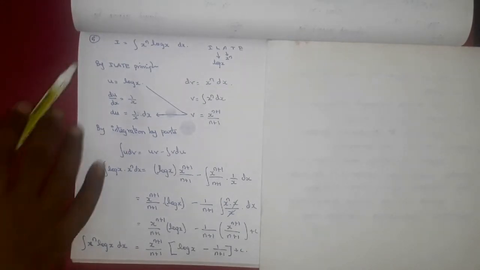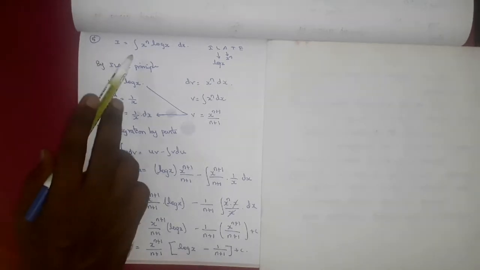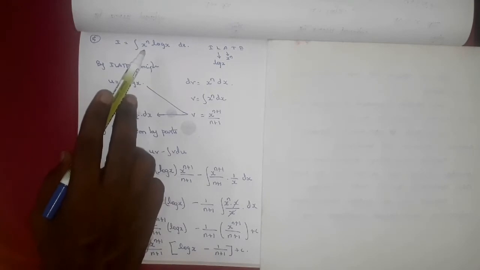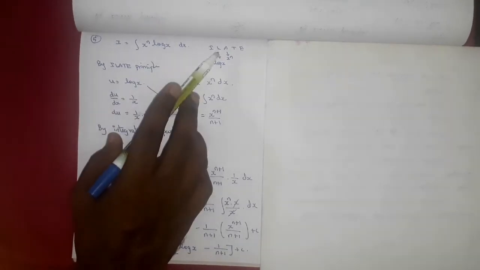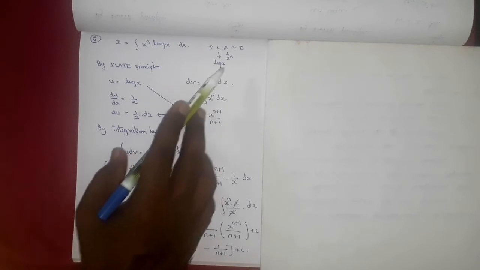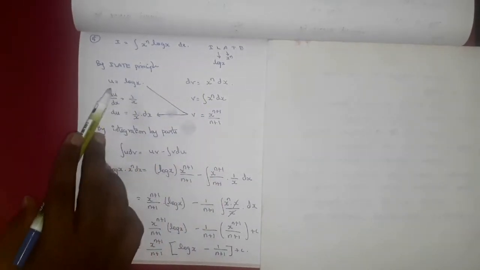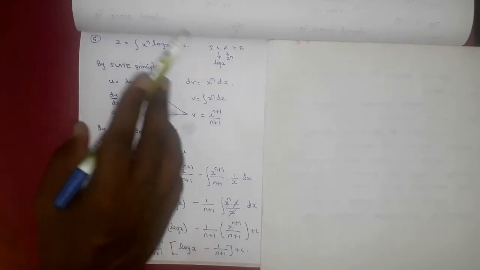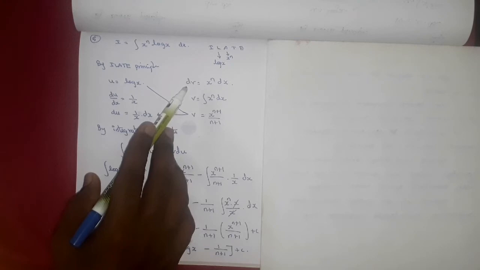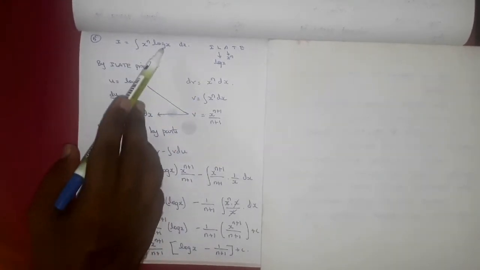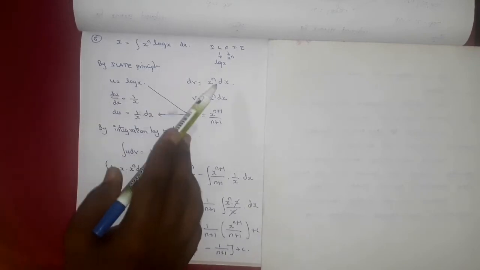Now we are going to see sum number 5 in the exercise. I equal to integral x power n log x dx. Here x power n is an algebraic function, so below A I write x power n. Log x is a logarithmic function, so below L I write log x. Out of these two, which comes first? Log x. So by the ILATE principle, u equal to log x. Then x power n and dx, the remaining part of the integral, will be compared with dv, because we basically compare the whole integral with integral u dv. So u is log x and dv is x power n into dx, right?